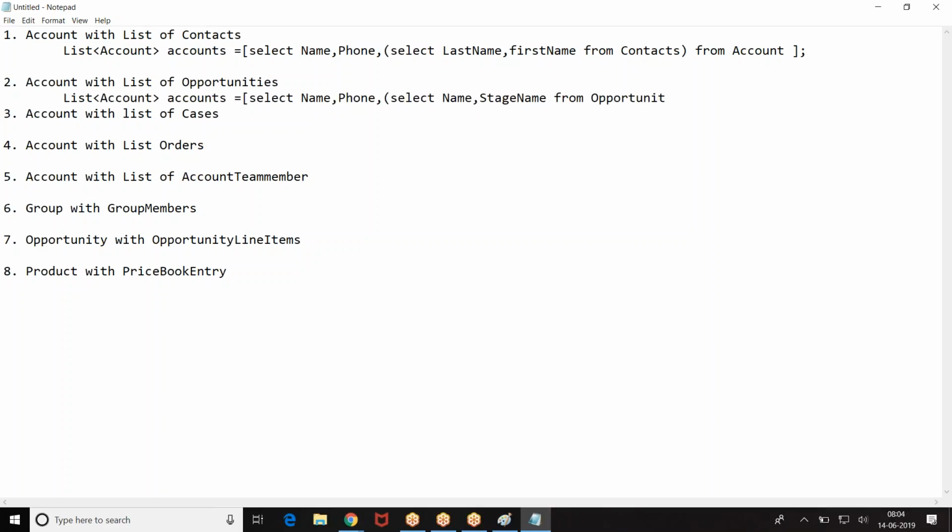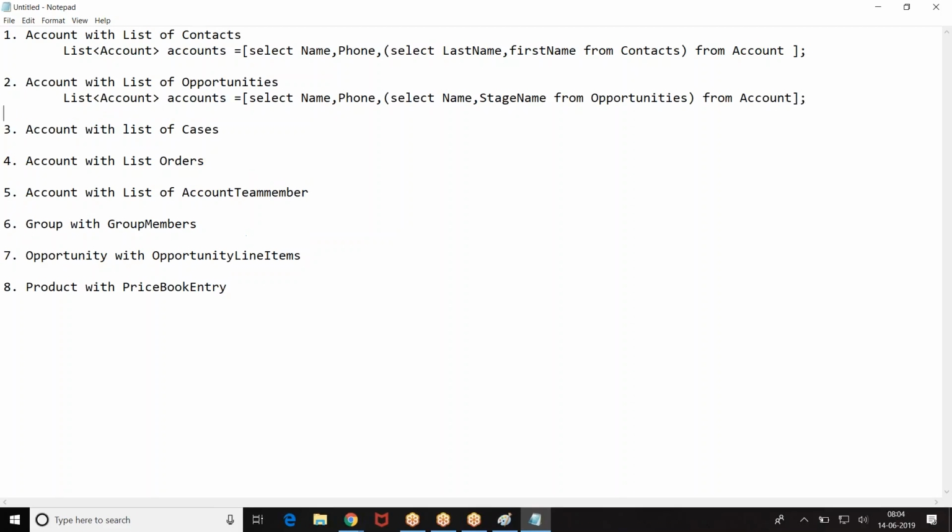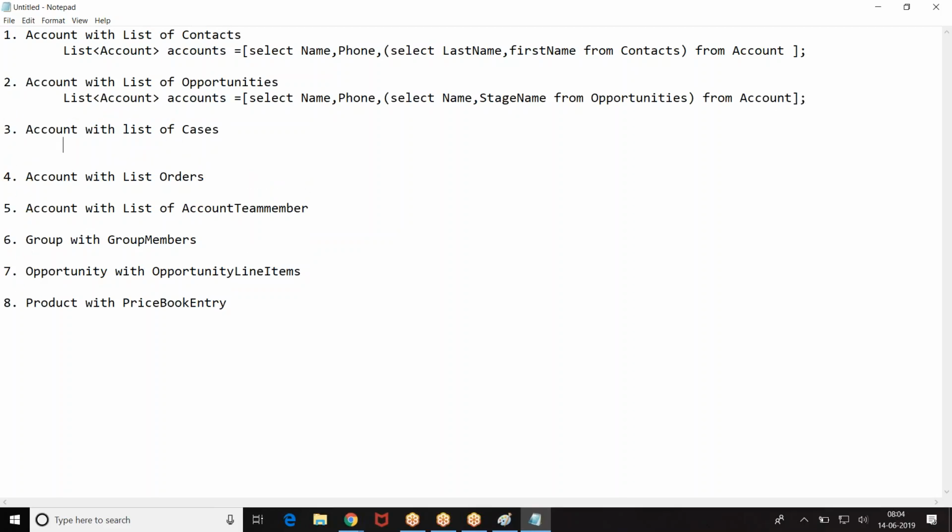For any of the standard objects, where I have multiple rows for one ID, like a parent and child, to fetch it as well, is this the way we do it? Yes.